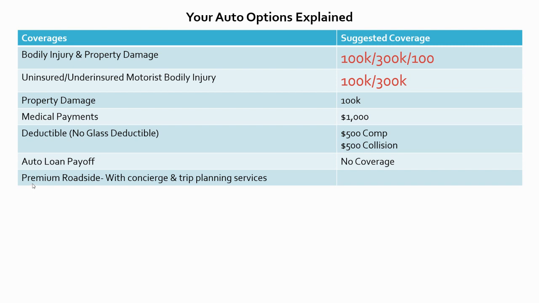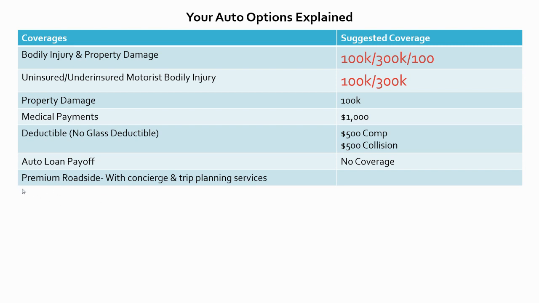And then you have premium roadside as an option that we tell people they should often purchase outside of their auto insurance. At Better's Agency, we bundle this with our packages, so it's a seamless purchase. But you're getting a premium product with concierge, trip planning services, multiple tows, lockouts, etc. But the key with it being outside of your auto coverage is that it prevents you from having a claim on a simple